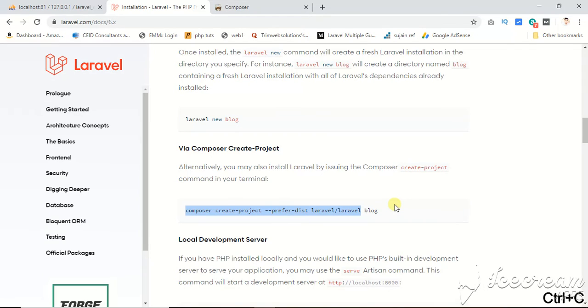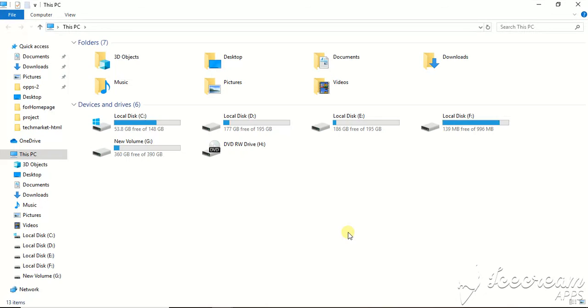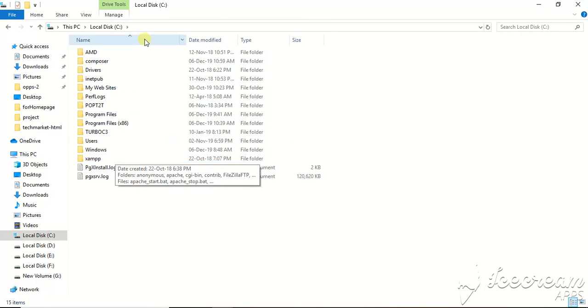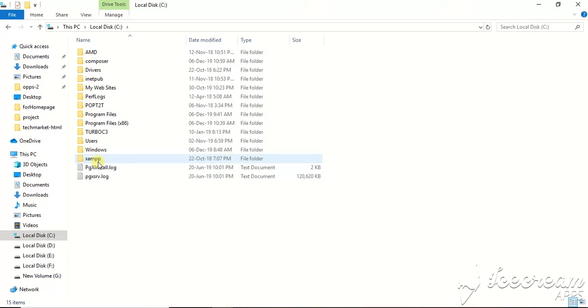So let me copy it with Control C, and now open My Computer. Just press Windows plus E and click on the drive where you have installed XAMPP or WAMP. So in my case, in my system,